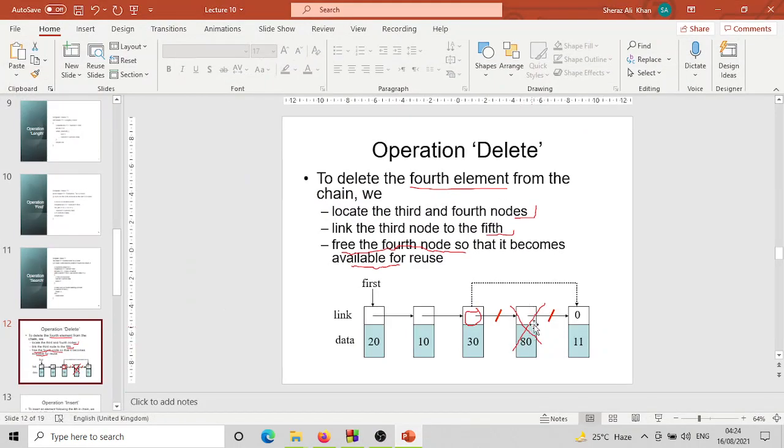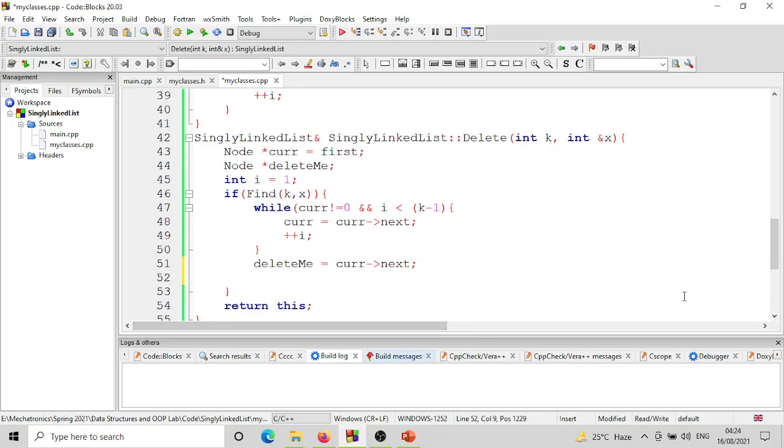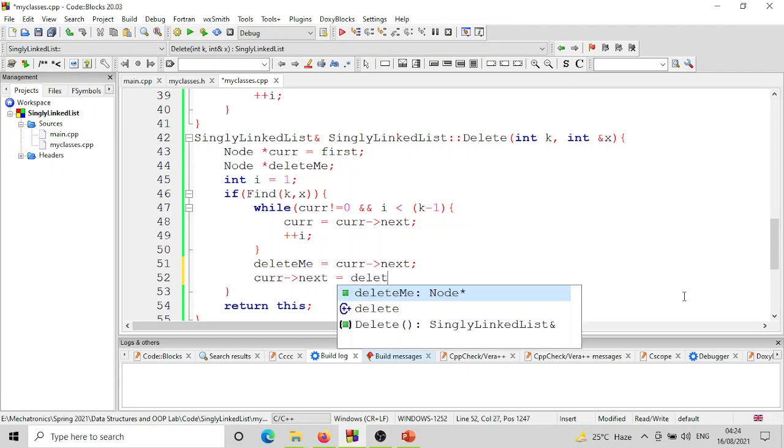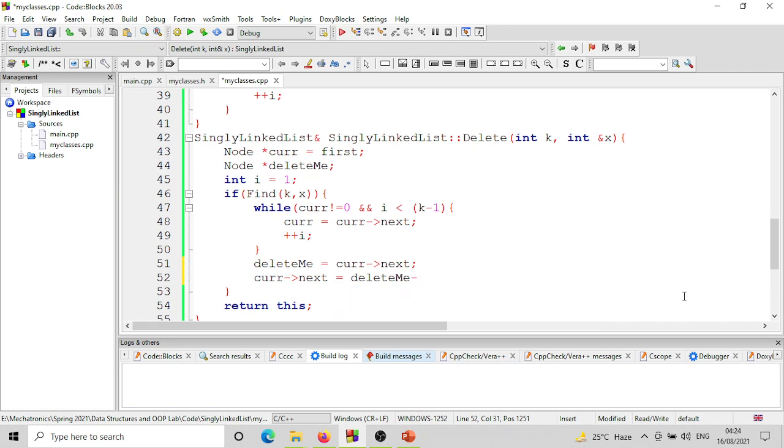फोर्थ को हमने डिलीट करना है, इसका एड्रेस मैंने डिलीट मी पॉइंटर में स्टोर कर लिया, और इसका एड्रेस मेरे पास करंट पॉइंटर में है। इसको मैंने लिंक करना है विद दिस नोड। इसका एड्रेस कहाँ पे है? जिस नोड को मैं डिलीट करने जा रहा हूँ उसके नेक्स्ट में इसका एड्रेस पड़ा हुआ है। सो वी कैन क्रिएट दैट लिंक। वी कैन से करंट एरो नेक्स्ट is equal to the node that we are going to delete, ठीक है, उसका जो नेक्स्ट नोड है।